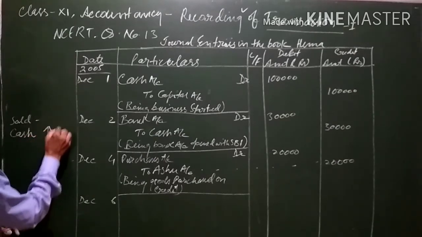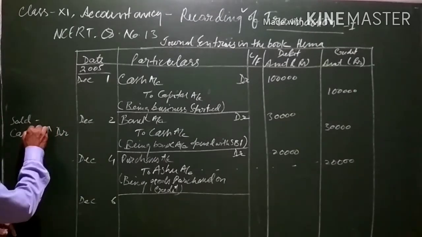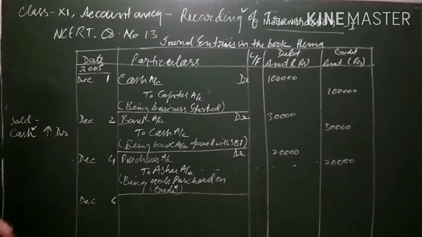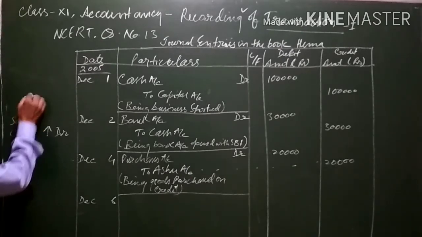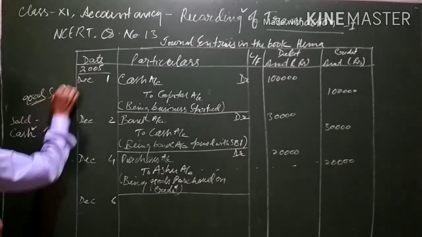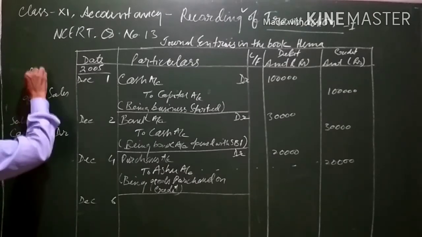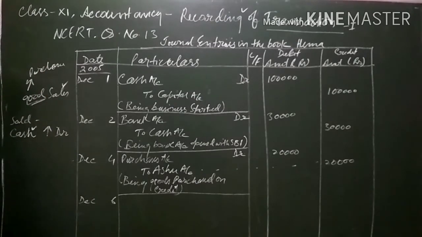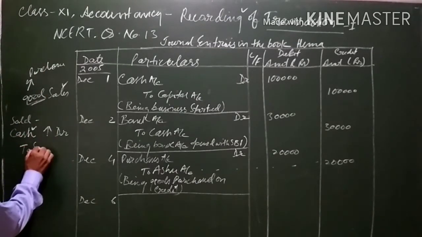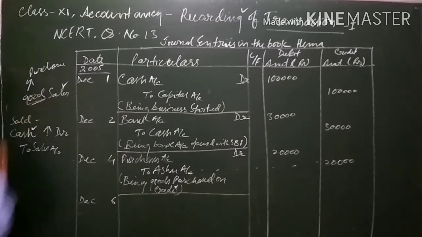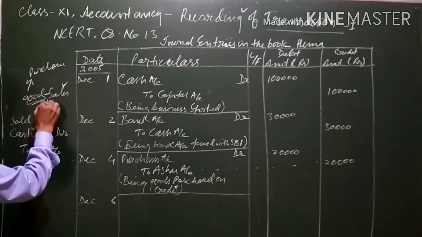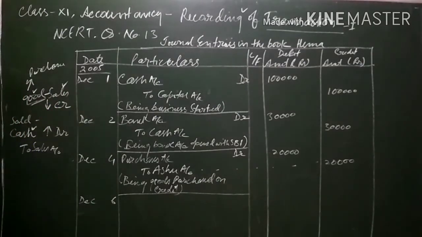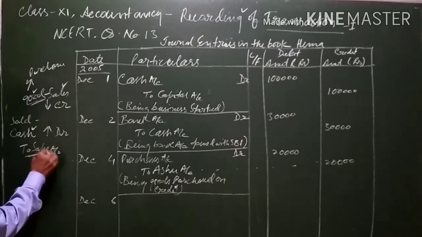So there will be an increase in cash. If there is an increase in cash and cash is an asset, if an asset increases it is to be debited, so cash account will be debited. Moreover, when goods are sold, instead of goods account we write sales. If goods are purchased we write purchases. If goods are sold we write sales. So here sales account will be credited because if you are selling, goods will be going out of the business. And goods is an asset, if an asset decreases, it is to be credited. So sales account will be credited.